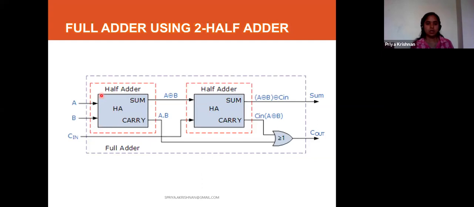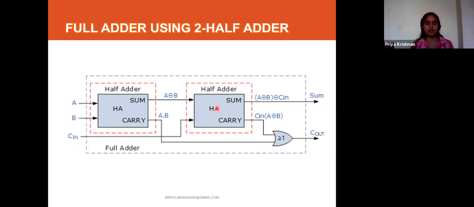So we need two half adders. This is one half adder. This is one half adder. So I am going to connect one after the other, this one after this one, working as a full adder circuit. So A is my input, B is my input for the half adder, and then C in is also there. And this half adder is giving sum and carry. I take this carry out and keep it on this side.